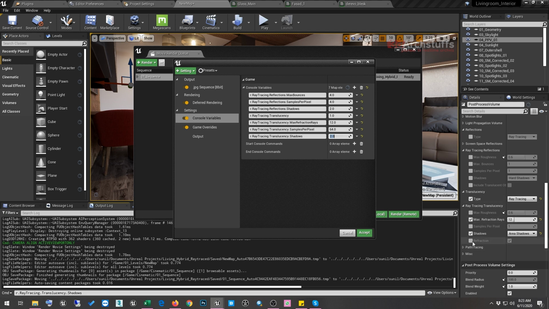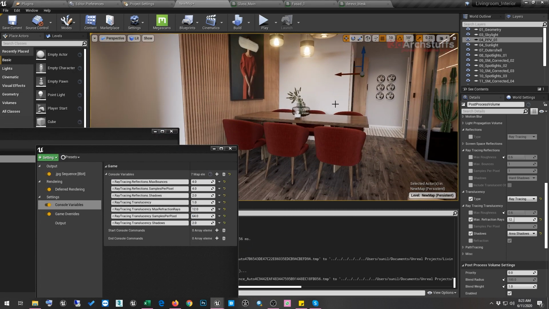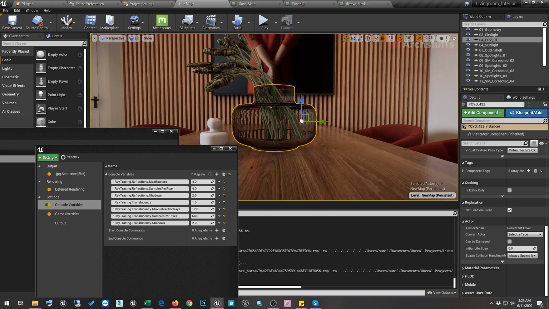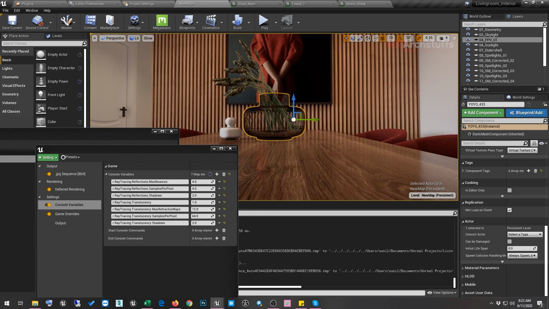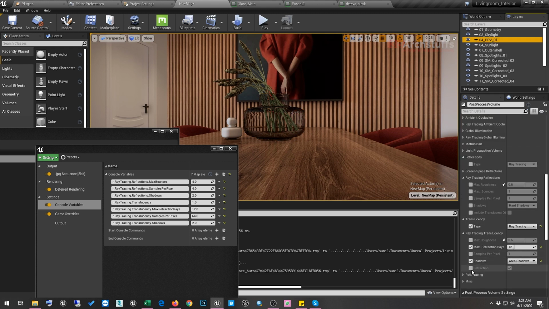And by default refraction is on, so we don't have to give a console command. But if you want your refraction to be switched off, let's see what quality we are getting on the reflection if we switch off this refraction. And after that we can decide whether we want refraction to be on or switched off.